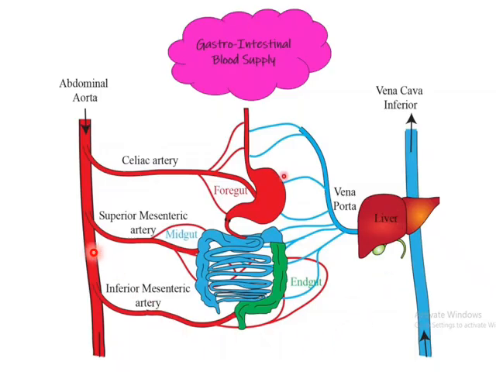All right, then you have also your superior mesenteric artery, which actually supplies blood into the midgut. And when you say the midgut, you're talking about the entire small intestine and about 3/4 of the large intestine. The inferior mesenteric artery supplies blood into the end gut, which is actually the descending colon and the sigmoid colon and the anus. Now, all of this are going to be absorbed by its venous counterpart,